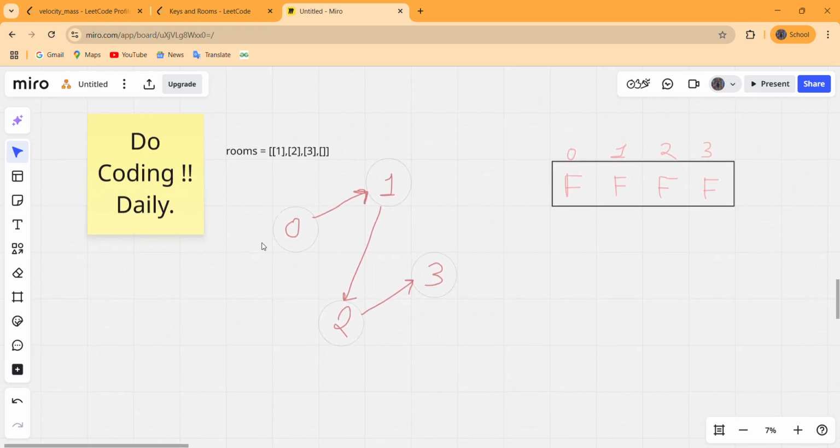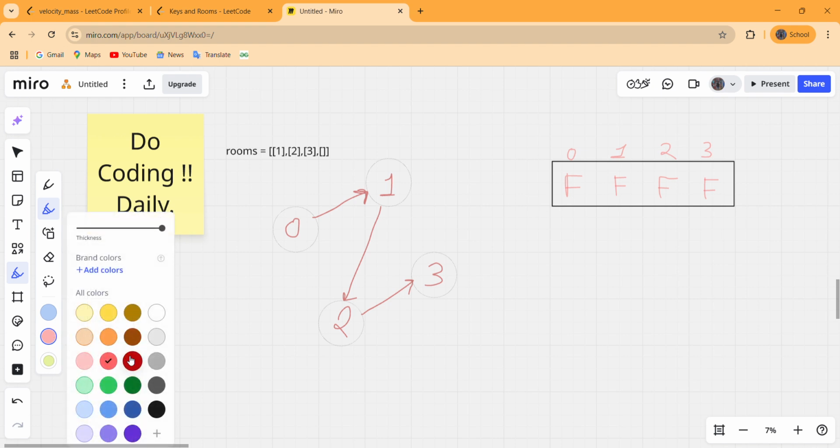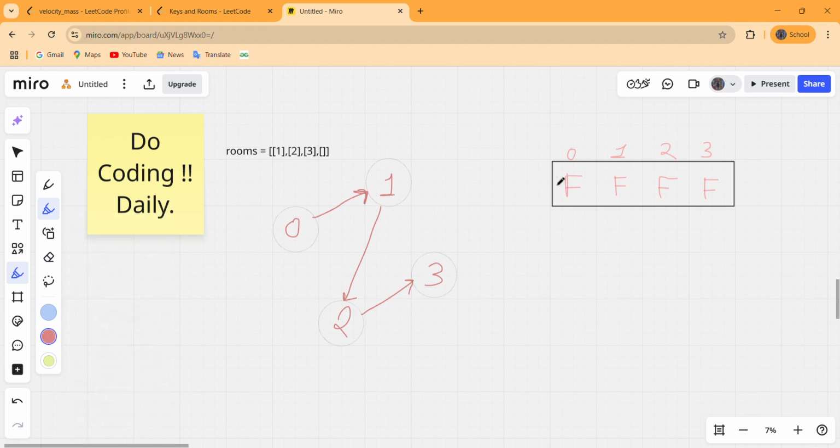Suppose room number 0 is initially open for us, so we do not need any key to open it. We can mark the 0th room as true initially, so let us mark this as true. Now let us try to run a DFS for room 0, and we are initially on this node.